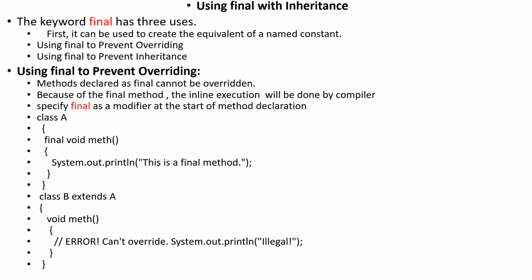If you mention any method as final with the final keyword, then that method cannot be overridden in subclasses. You have to do this in the superclass, so that the method cannot be overridden. For example, if your parents want to give something to you, they can give, or if they don't want to give anything, then they can finalize those things, so that further you